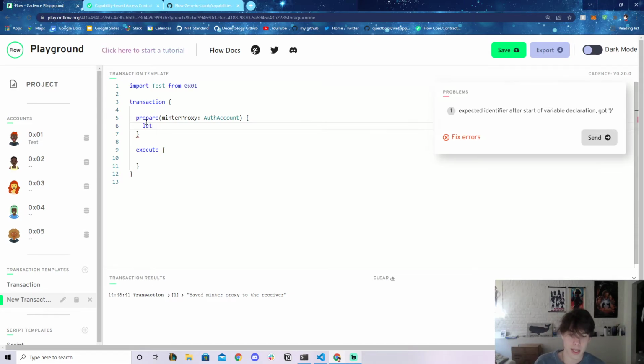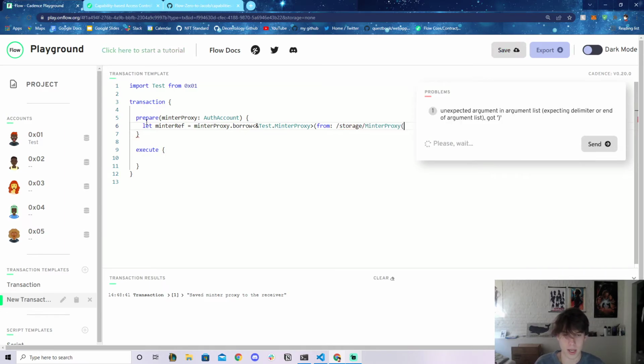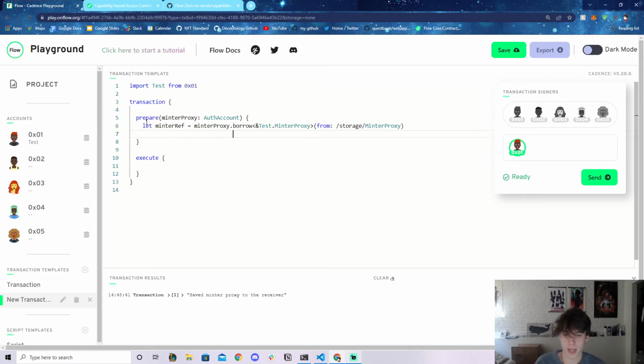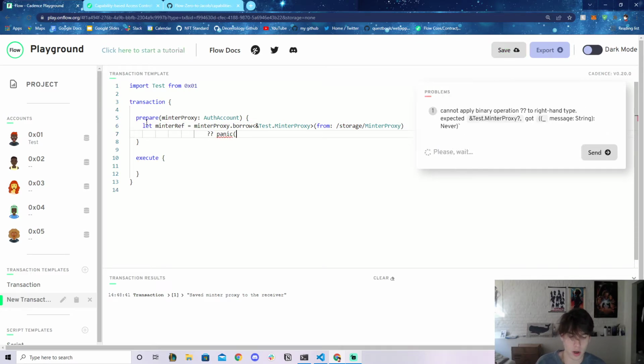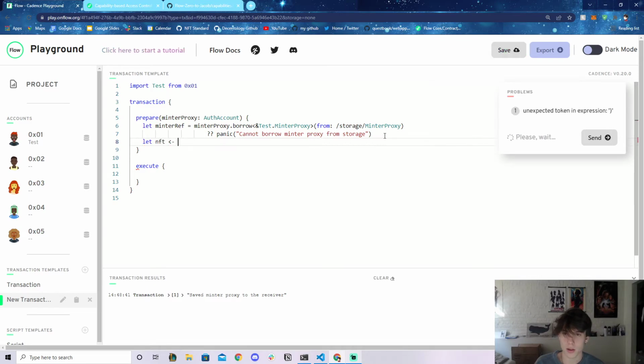So let's say let minterRef equal the minterProxy.borrow, and the type here is going to be a Test.MinterProxy from /storage/minterProxy, just like that. And if we can't, we'll just panic and say, cannot borrow minter proxy, because we know we stored it. Okay. And then we can go in here, say let nft be minterRef.mintNFT, log nft.id, and